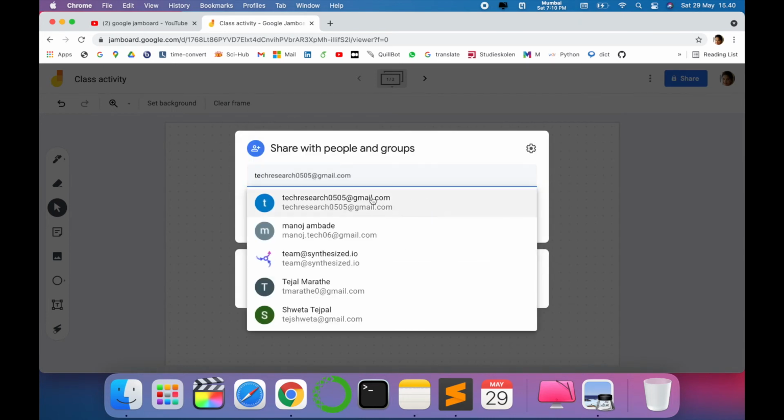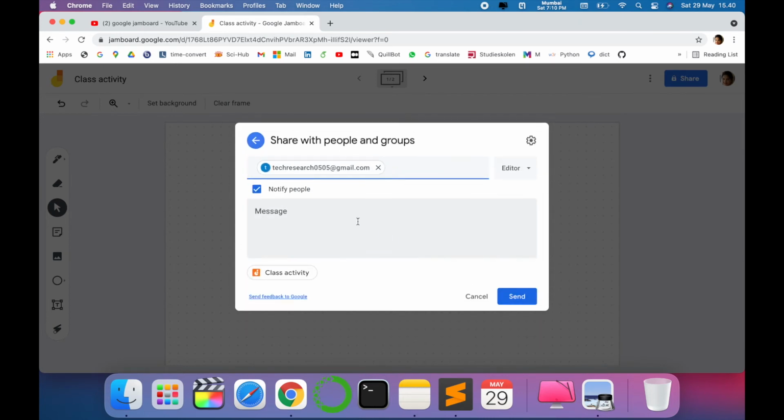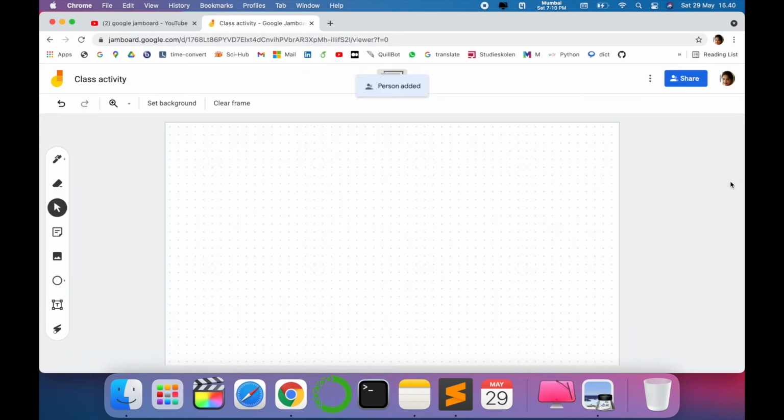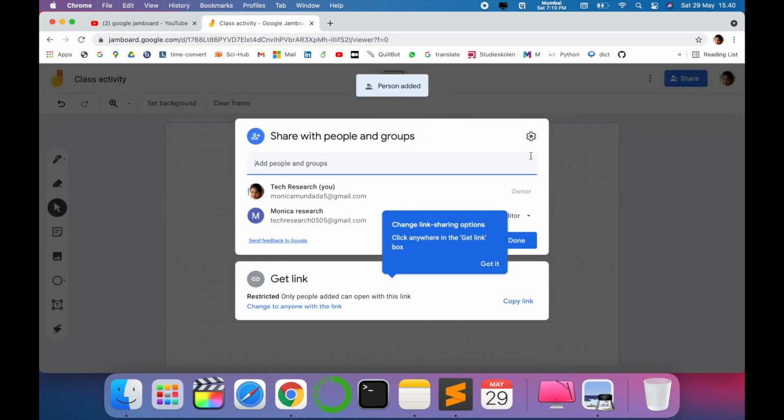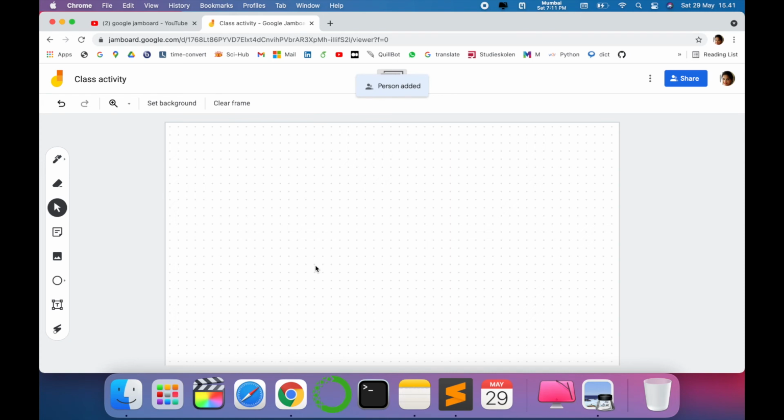You can give the email ID of the students and just send it as a message. So the persons added will get the link accordingly. So this is a very unique feature which you can use during your online class and make the class very interactive using this Google Jamboard.